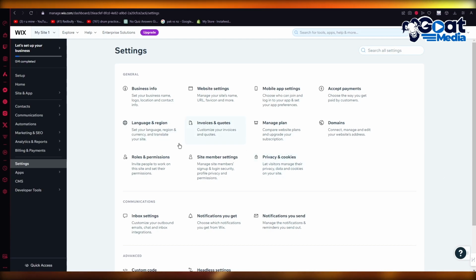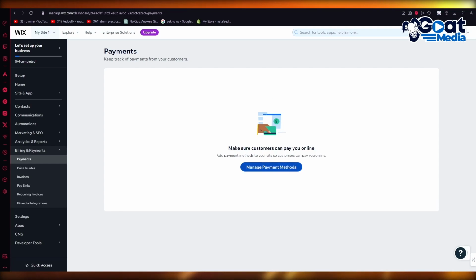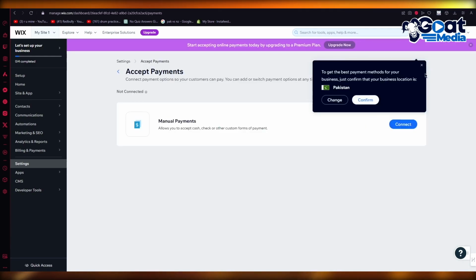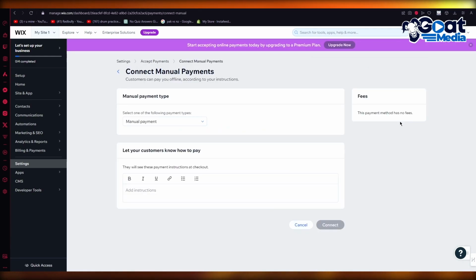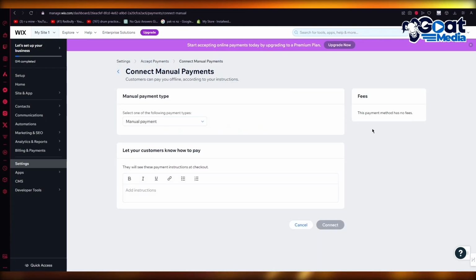So to actually set up Square, you're going to go to your payments. Once you come to your payments, you're going to go into manage payment methods, because that is where Square will be available. That is where Square will be present. Once you come over here, you're going to click on manual payments and click on connect. You can add other payment providers for yourself in different countries, but the more used one is manual